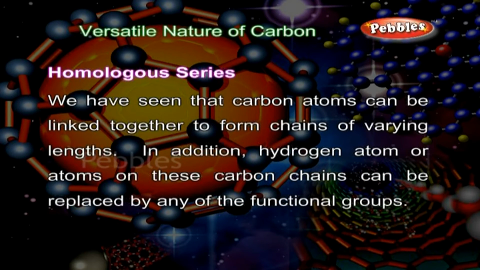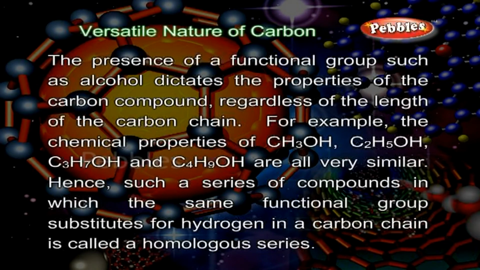Homologous series. You have seen that carbon atoms can be linked together to form chains of varying lengths. In addition, hydrogen atom or atoms on these carbon chains can be replaced by any of the functional groups. The presence of a functional group such as alcohol dictates the properties of the carbon compound regardless of the length of the carbon chain. For example, the chemical properties of CH3OH,